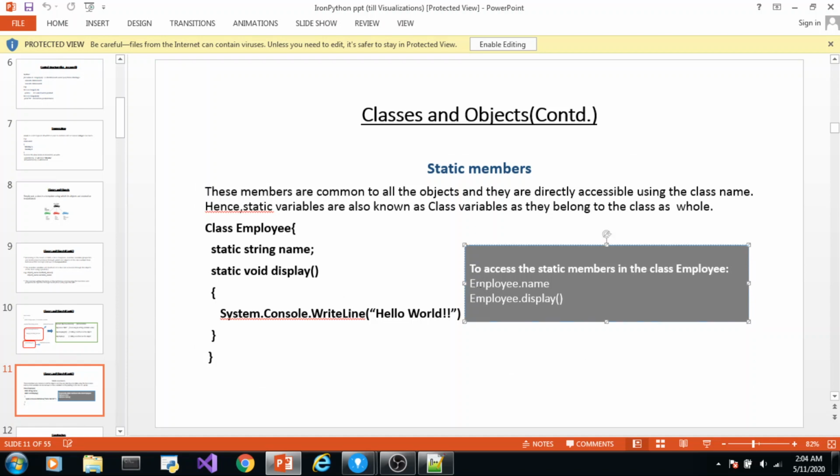So there will be some properties which you will be accessing through the class name. For example, there is a bar chart, so there could be a property which is declared static. So you will be directly accessing that property using the bar chart class, bar chart dot that member. Similarly, you can access the methods directly using the class name.